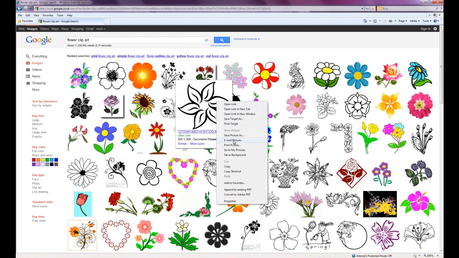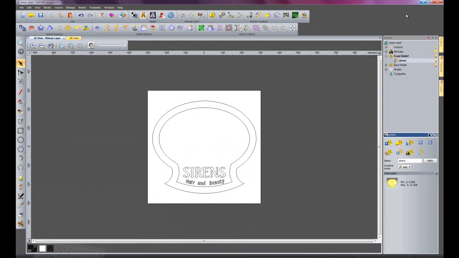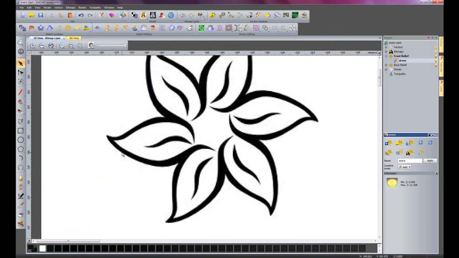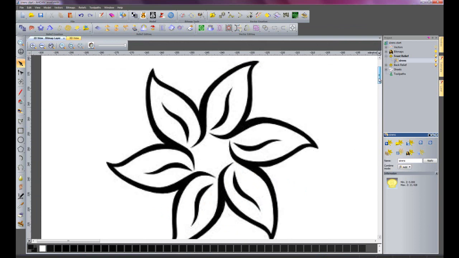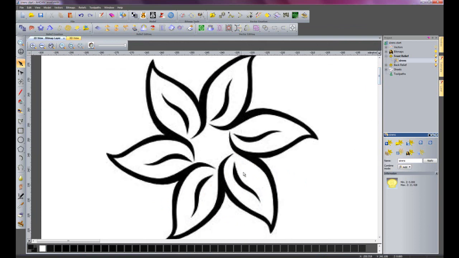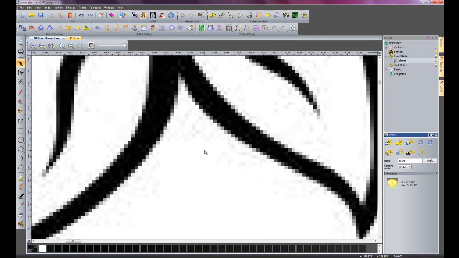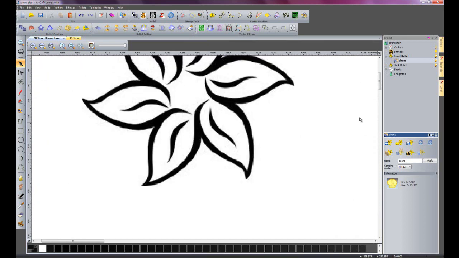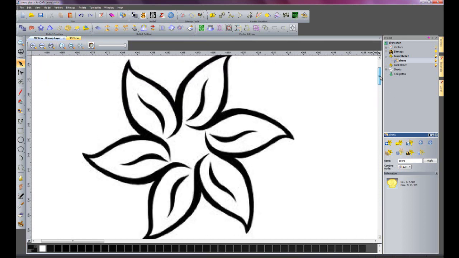Just right click on it and select copy so it goes to the clipboard. If I right click on ArtCAM and select paste, give me this box now where I can just paste in the image. I'm going to paste that in on the top left hand corner. Now if I just zoom in on this, you can see it's a really low resolution image. Just zoom in a little bit more, you can see that it's quite pixelated, lots of different shades of grey, lots of rogue pixels on the outside. So I'll just zoom out again,